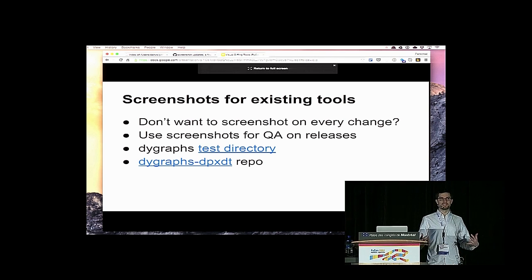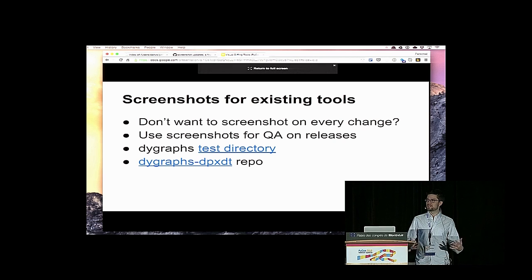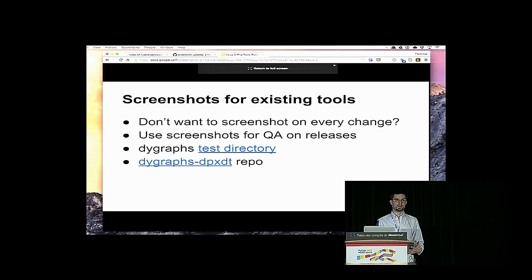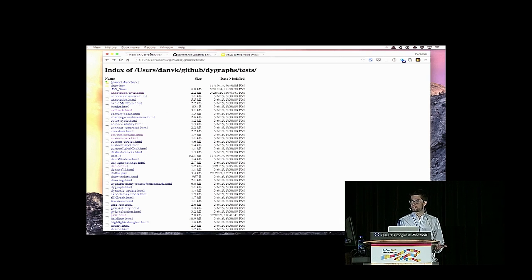So screenshot tests are great, but maybe you don't want to incorporate them into your repo in this way where you update them on every single commit. So one other way you can use them is just for QA on your releases. So I've shown a couple of screenshots of